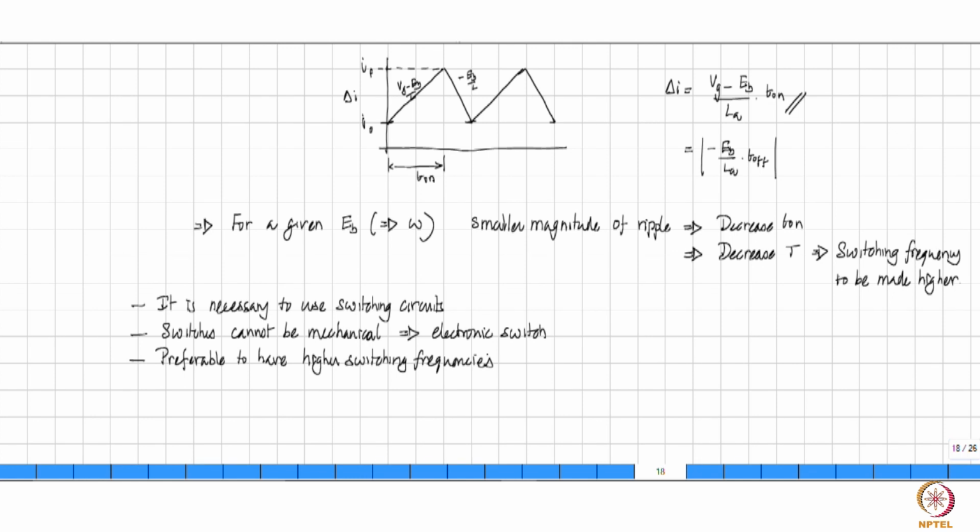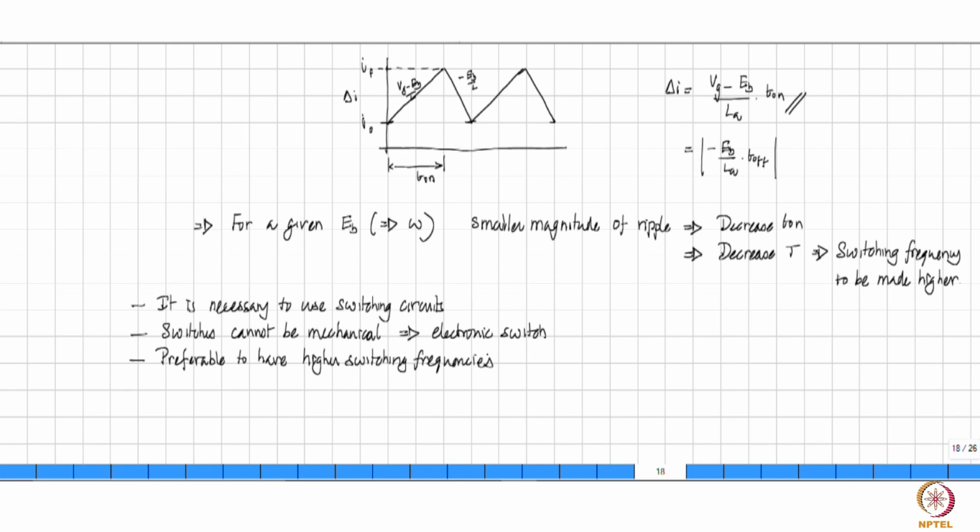Any electronic switch will have to go from on state to off state and off state to on state again. That is the switching action, and every switching action results in a certain loss. Every time the switch is turned on, there is a certain loss. When the switch is off, there is a certain loss. One has to make an assessment of what is the loss that is happening as you increase the switching frequency and what is acceptable to you, right?